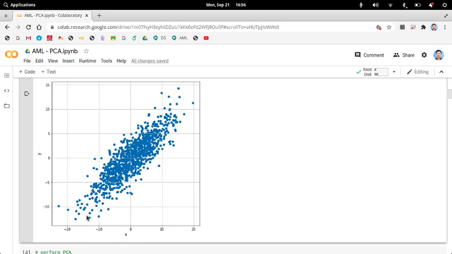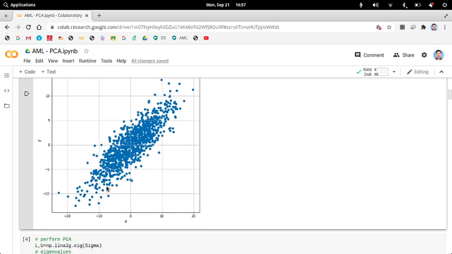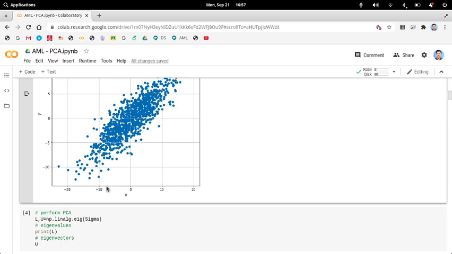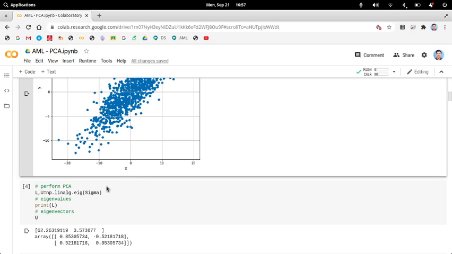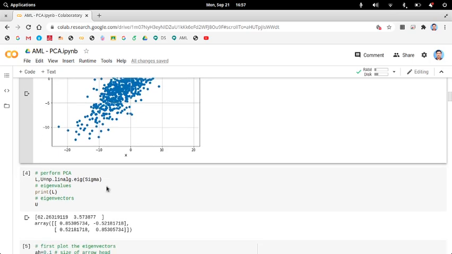And there is correlation in this data. It has two dimensions, x and y. So you can see that there is a correlation in the x and y data. So you can be sure that PCA can find this correlation, or use this correlation, for embedding your data into smaller dimensions.